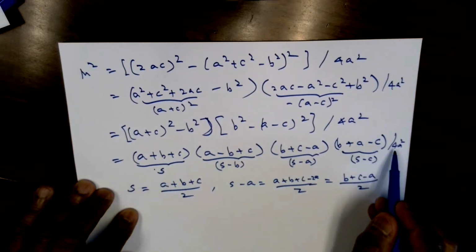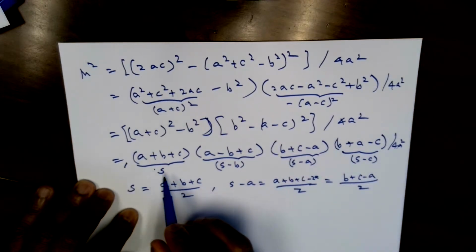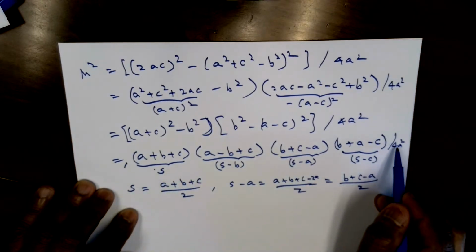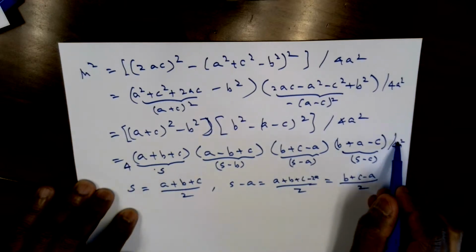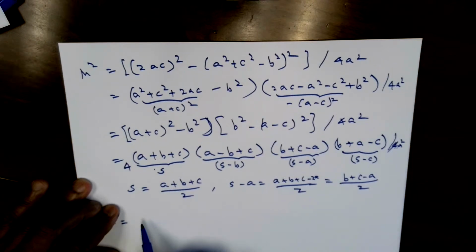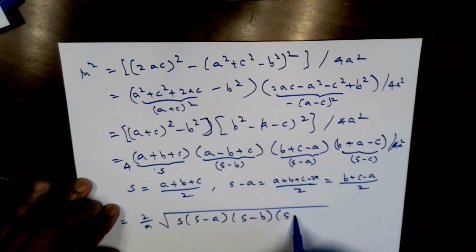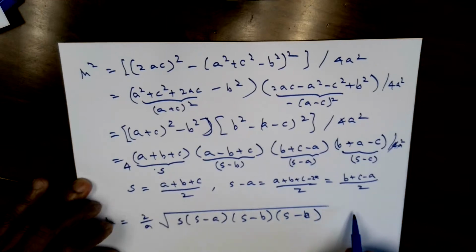And we needed, there was a 4 here, so we just have to multiply by 16, because there's a 2 everywhere, so the 4 cancels and you get a 4 here. And so h is going to be the square root of this, so that's going to be 2 over a multiplied by s multiplied by s minus a